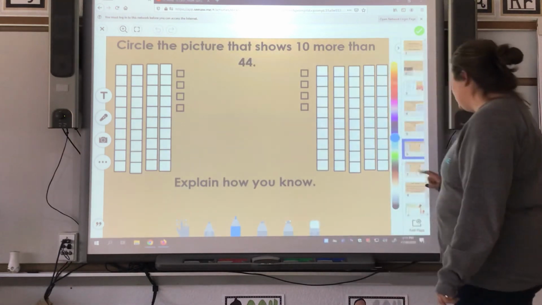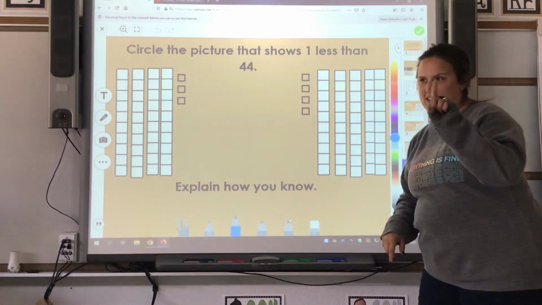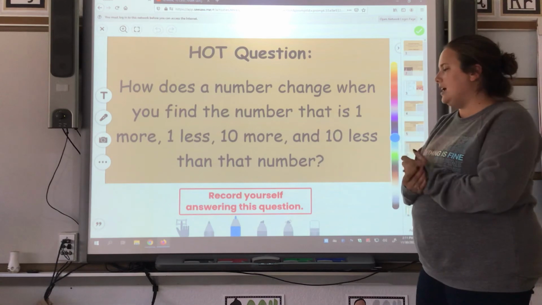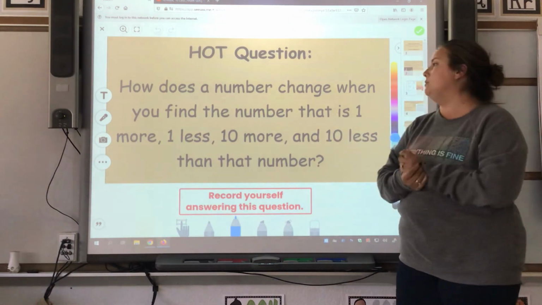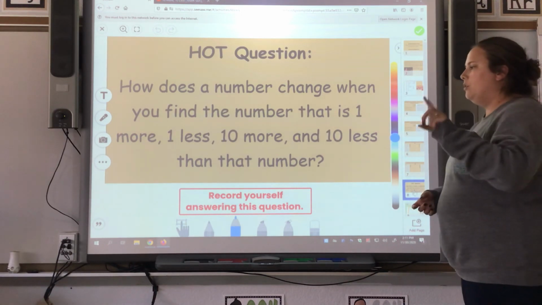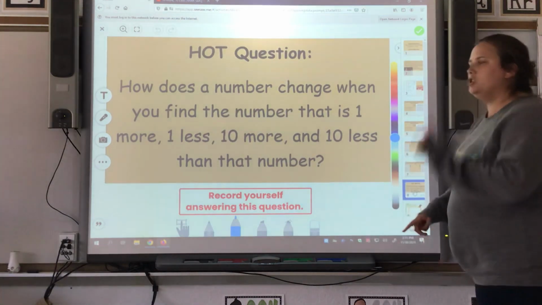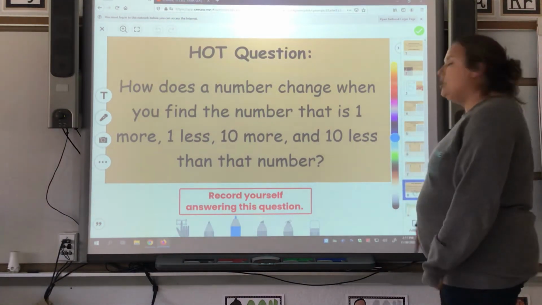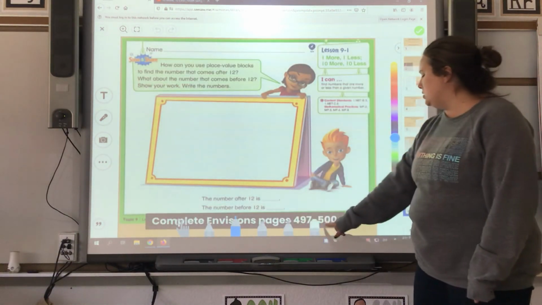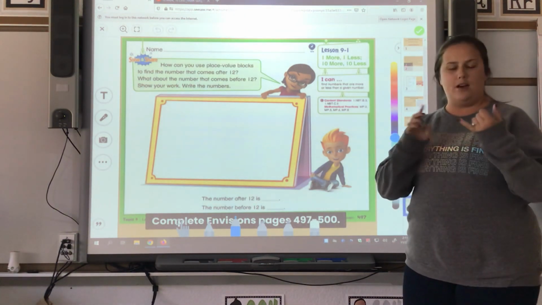All right, guys. We left one here for you to practice. This is saying 1 less than 44. All right, you're going to record yourself answering this question. You can also write it on a piece of paper. How does a number change when you find the number that is 1 more, 1 less, 10 more, and 10 less than that number? You can record yourself explaining it or you can write it, whatever is easiest for you. And your assignment for today, pages 497 to 500. Be sure, if you have to draw a picture, explain your